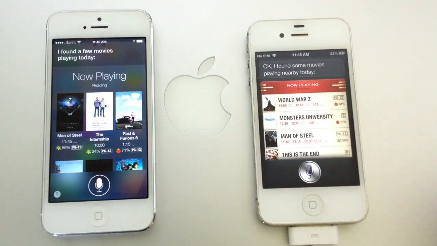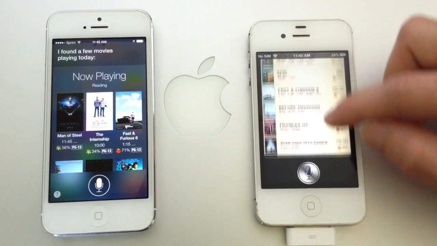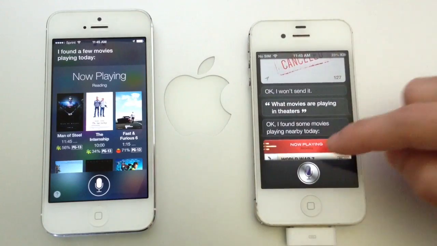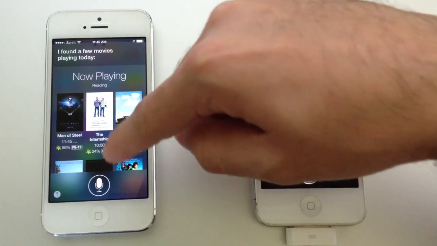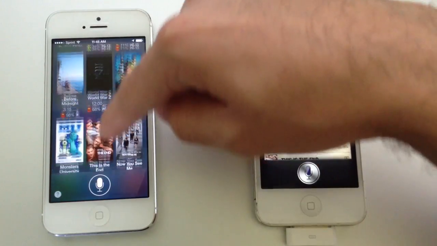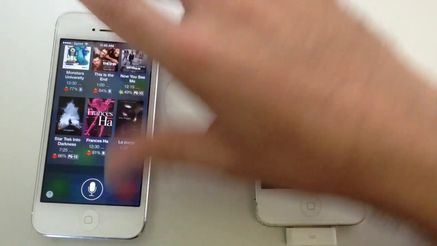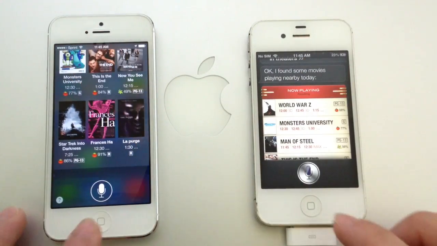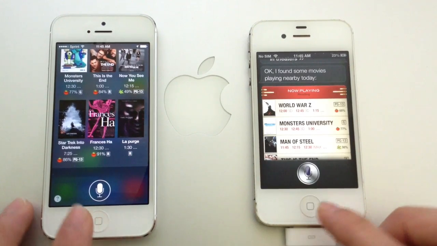So this is completely different. Look at the movies that are playing today here on iOS 6. It's the standard iOS 6 look. And look at the movies that are playing here in iOS 7. The entire look of Siri's user interface is just completely different, guys. Let's go ahead and ask,